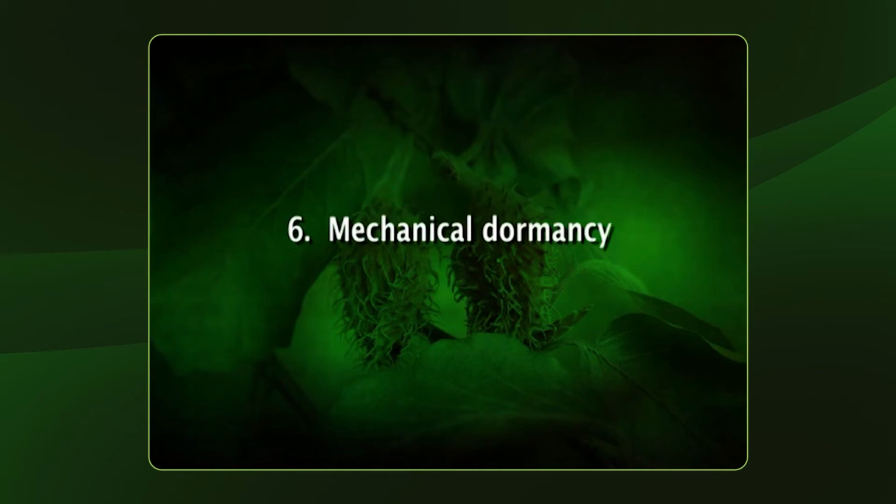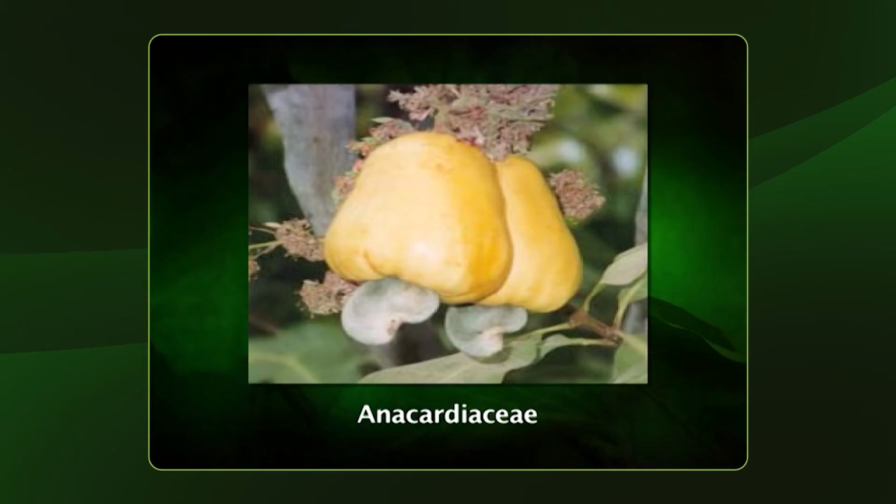Now the mechanical dormancy. Dormancy that arises due to hard and woody fruit wall is known as mechanical dormancy. Usually endocarp forms the hard layer which inhibits germination in most of the cases, but in many species mesocarp is woody. Stony endocarps are found in some or all members of families including Anacardiaceae,